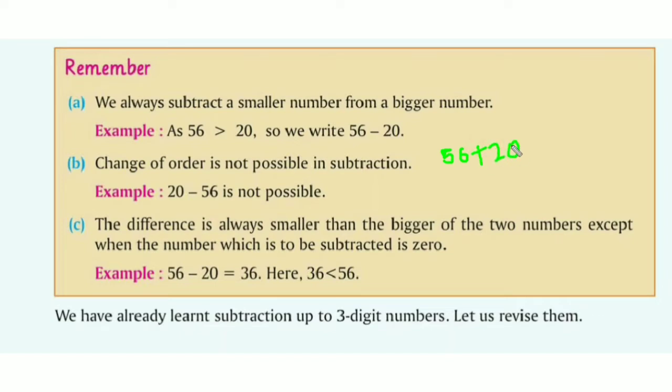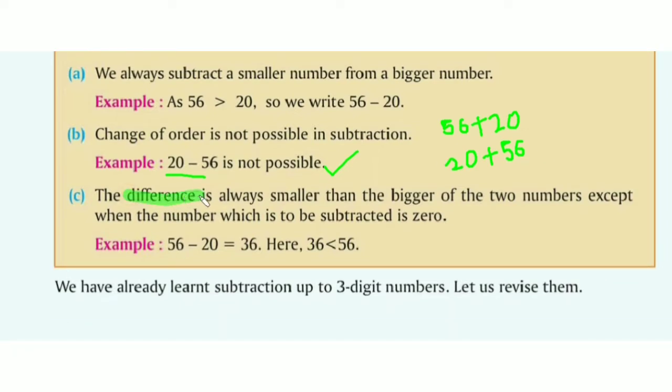Okay, so we can write this example like this also, 20 plus 56. There is no difference in the answer. The answer will remain the same, but it is not possible in subtraction because 20 is a smaller number. Okay, so change of order is not possible in subtraction. Now see the third point. The difference is always smaller than the bigger of the two numbers except when the number which is to be